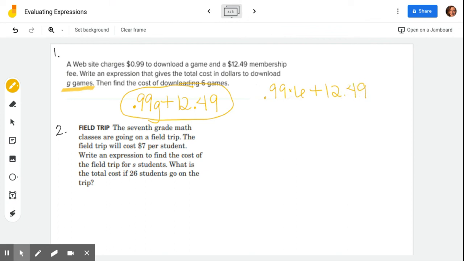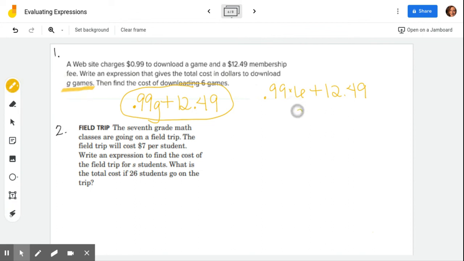You can use your calculator on these. So 0.99 times 6 gives me $5.94. And that makes sense because 99 cents is almost $1. So 6 of those should be almost $6. And then I'm going to add to that $12.49. Those 6 games plus the membership fee would cost us a total,